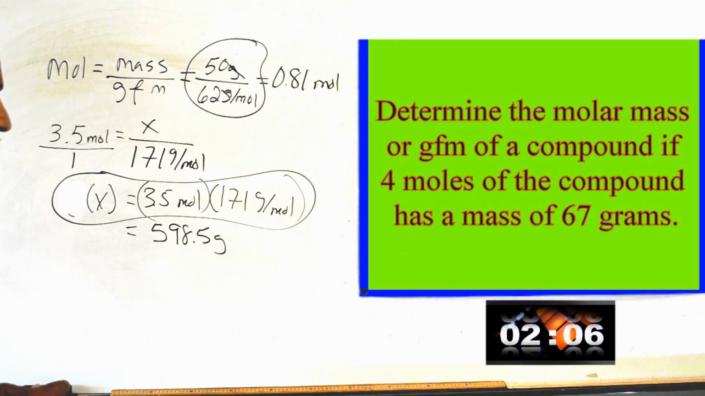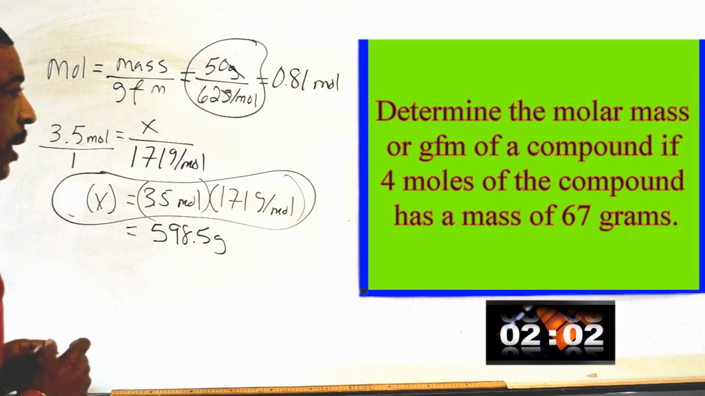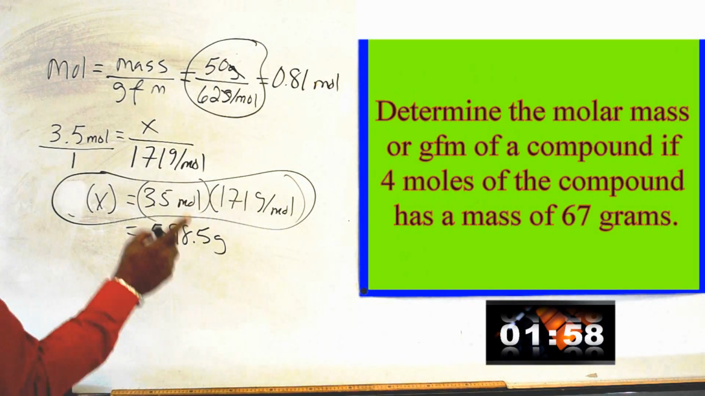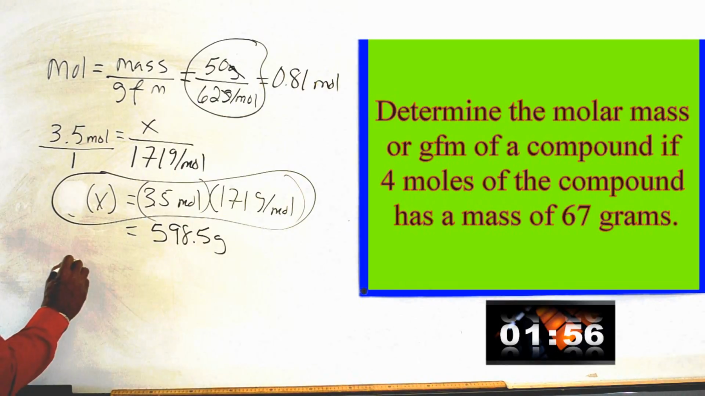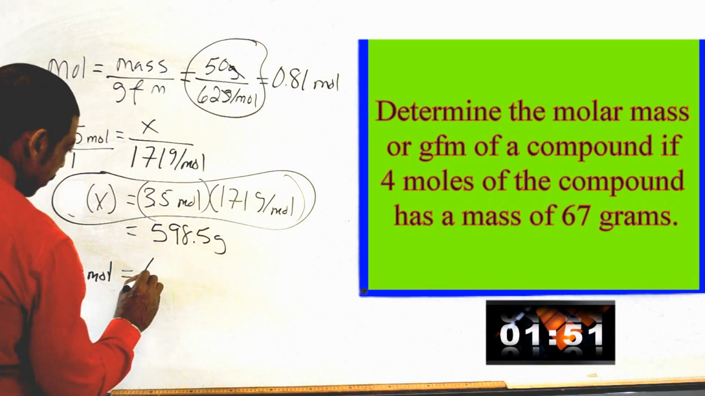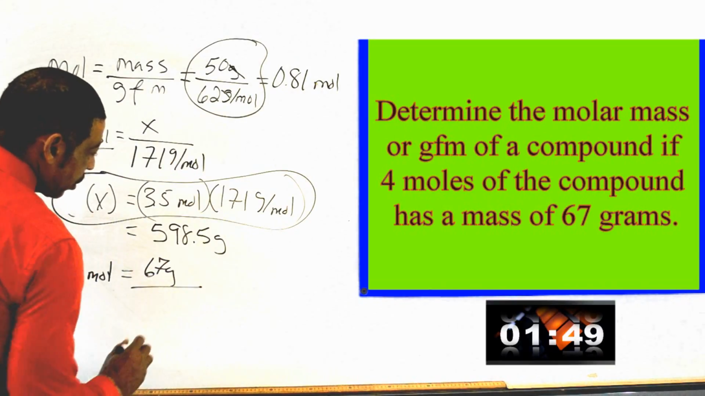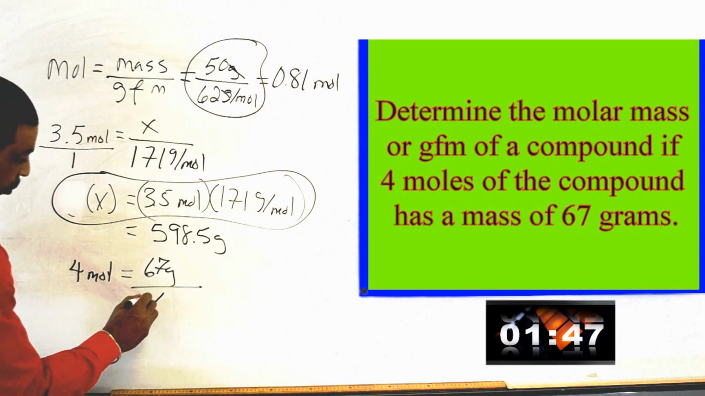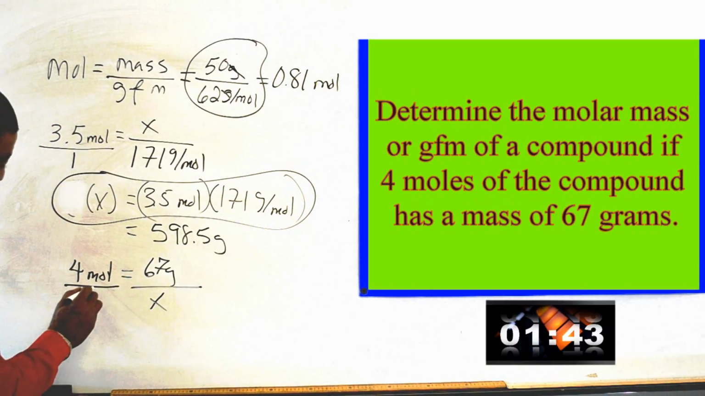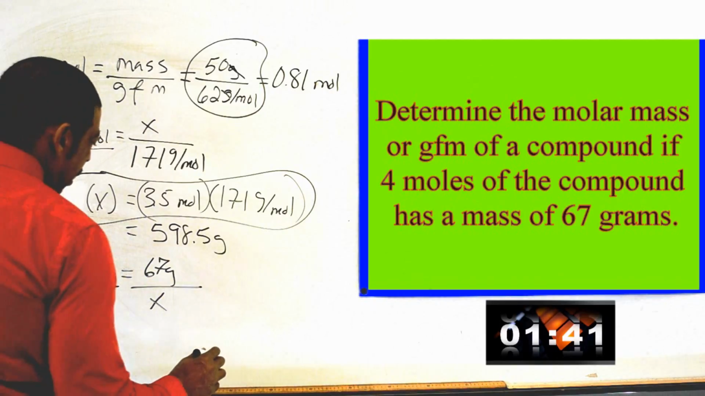Let's determine the molar mass of a compound if 4 moles of the compound is equal to 67 grams. Now, we're given moles, 4 moles. We're given the mass of the compound, 67 G. And we're looking for the formula mass or molar mass, which will be X. Now, once again, place the moles over 1, cross multiply. So we get